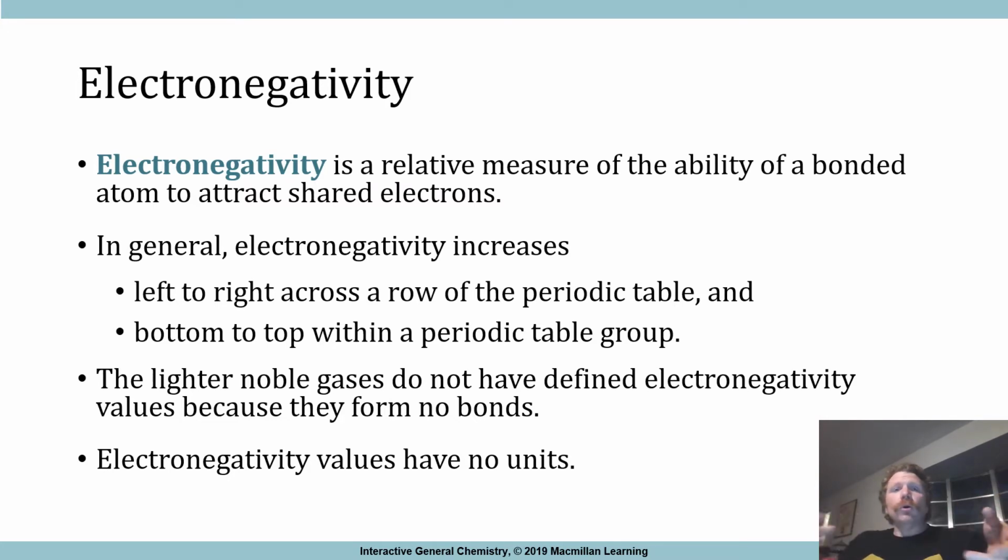Instead, the more electronegative the element, the more those electrons are attracted to that nucleus. In general, electronegativity increases from the left side to the right side of the periodic table and from the bottom to the top. So the most electronegative element